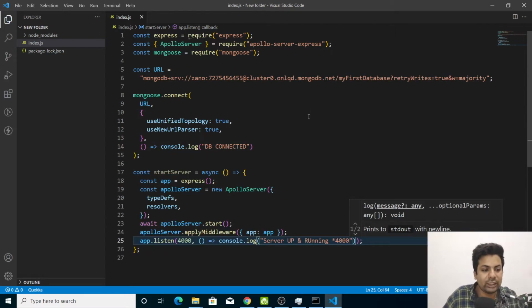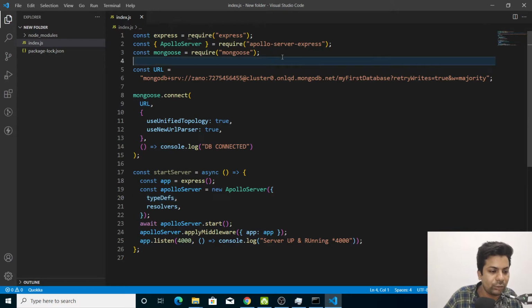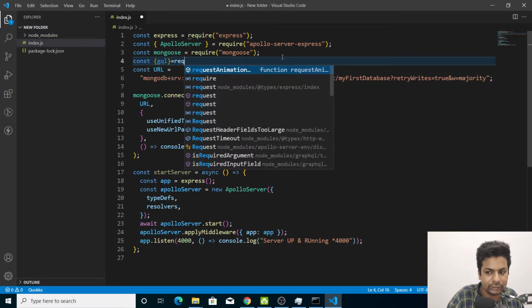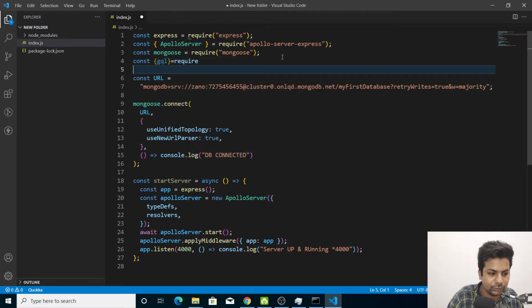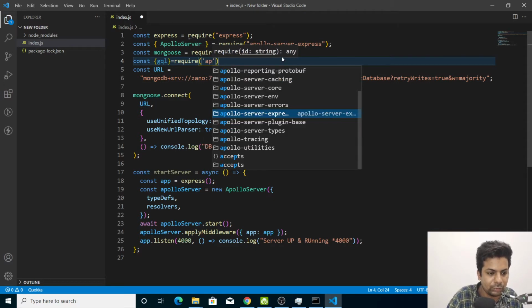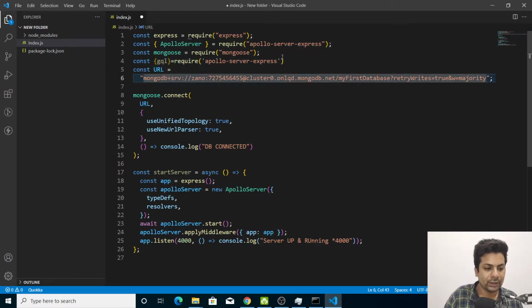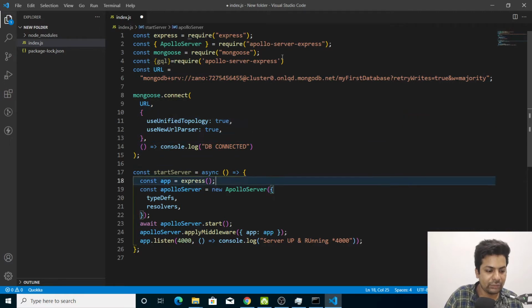Now all things are done, but typeDefs and resolvers are left. We have to define them because we will be writing our queries there. For typeDefs we have to import something: const gql equals require apollo-server-express. This is the boilerplate you have to do the first time, obviously. Now here I'll define the gql.